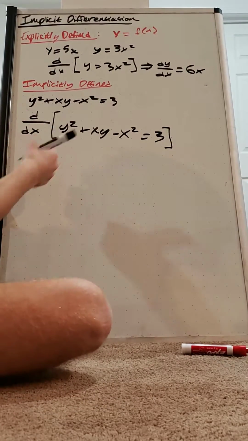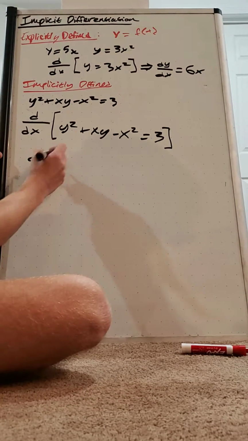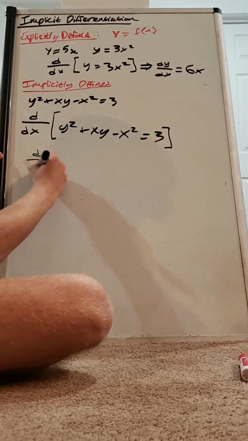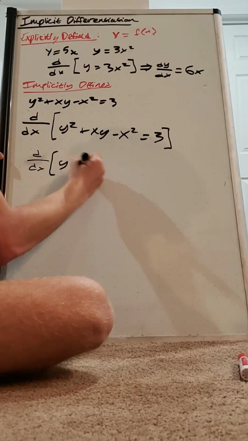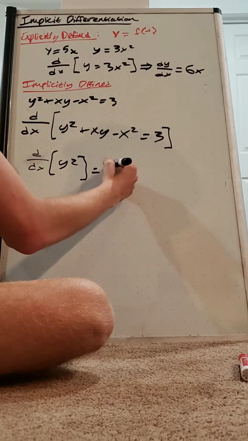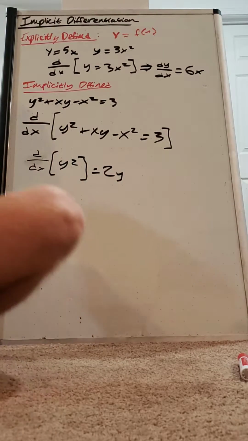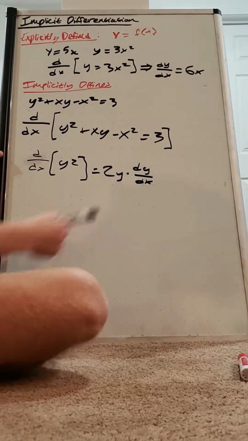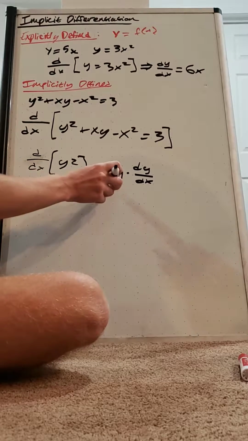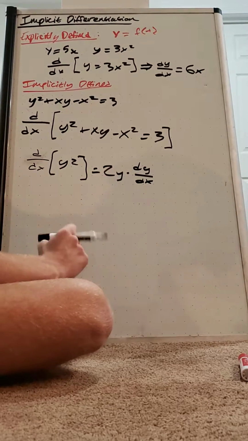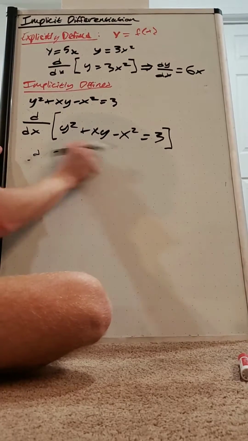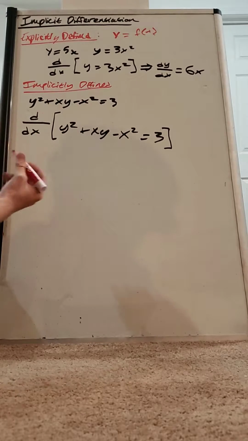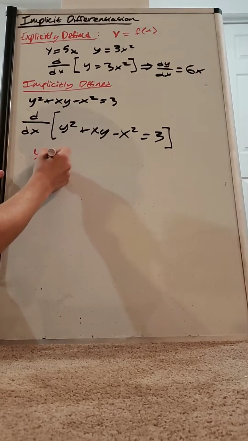So if we're differentiating this term by term, and we have the derivative of y squared, you may say that that would just be 2y, but it would actually be 2y times dy over dx. Since y is a function of x, we can't treat it as a variable and leave it how it is. And just for an example of that,